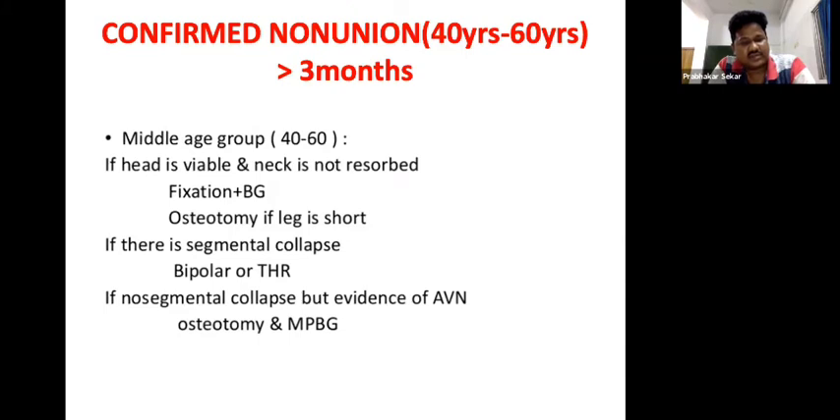And it falls in the middle age group, 40 to 60. The same thing: head is viable, neck is not resolved, fixation with bone graft or osteotomy if the leg is short, to lengthen it and equalize the limb length discrepancy. If there is a segmental collapse at any stage, go with arthroplasty. If there is no segmental collapse, there is still a chance to preserve the head by doing osteotomy or